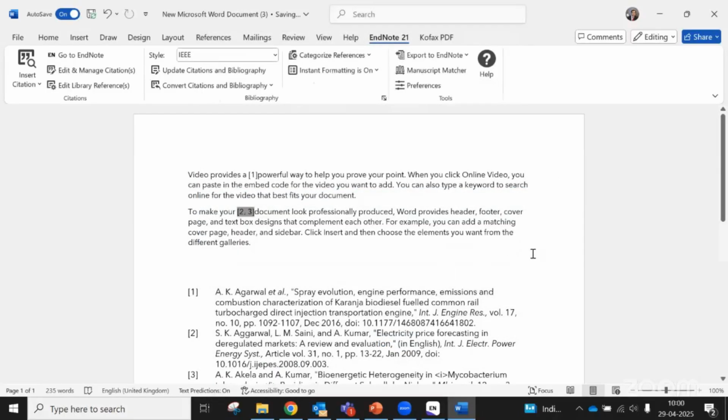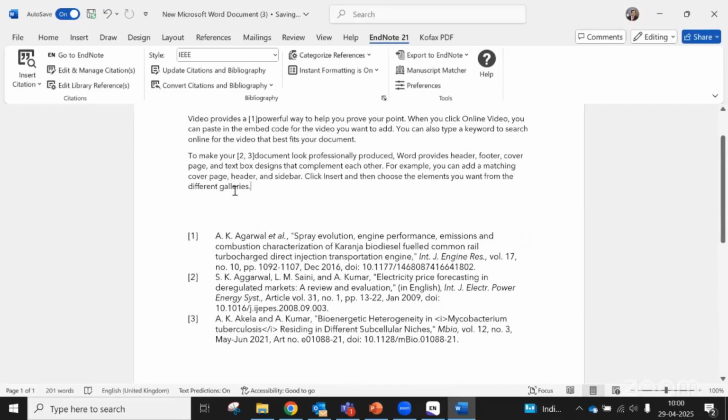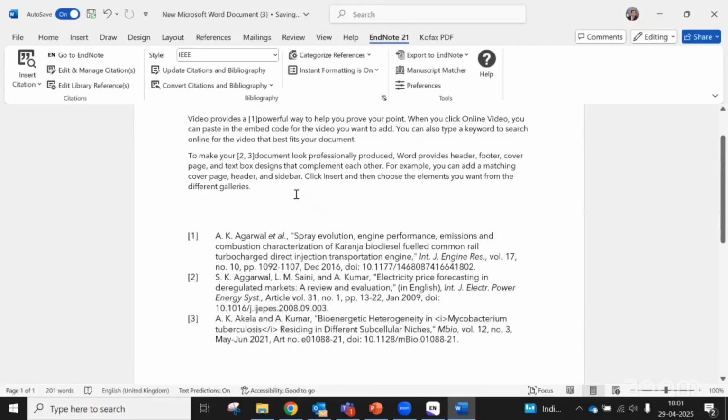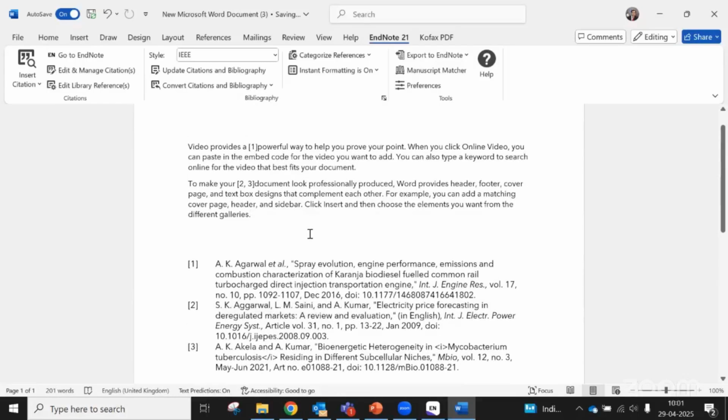It's so easy. So the third one was removed, and what was earlier at number 4 has now come to number 3 automatically, and the numbering is adjusted automatically. If you see, the numbering is adjusted here as well as here, right? So it's very simple. Now the last option